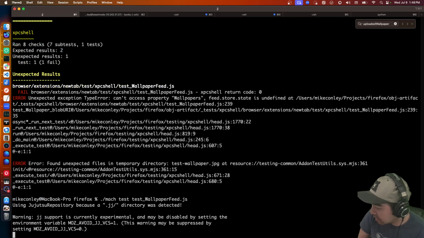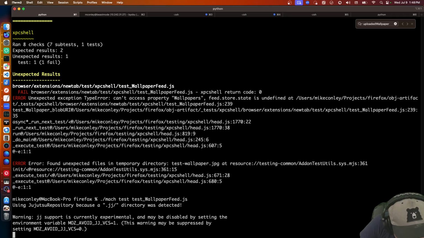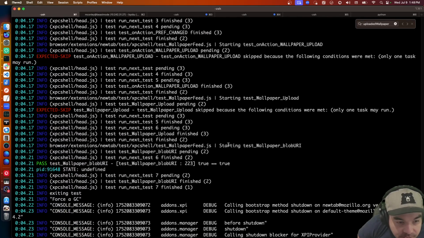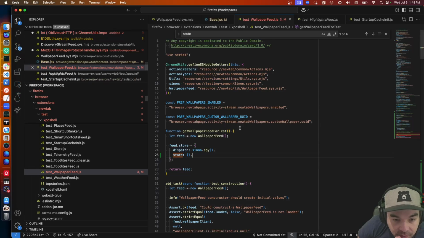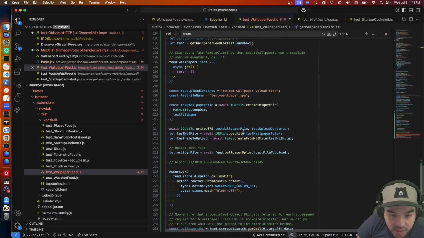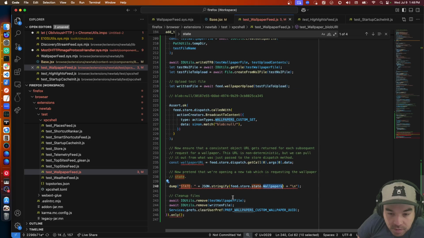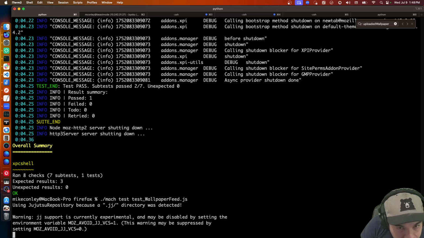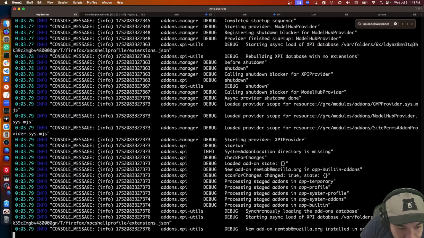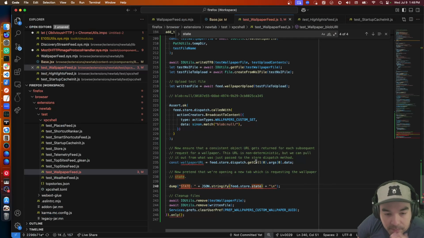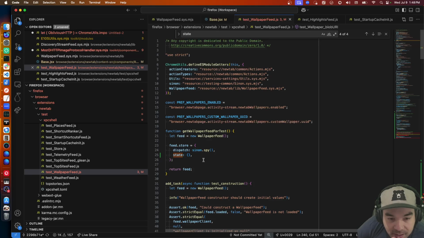What happens if I look at it now? State is undefined. What if I just look at the state object? Just the empty object. So the state's not being updated because dispatch